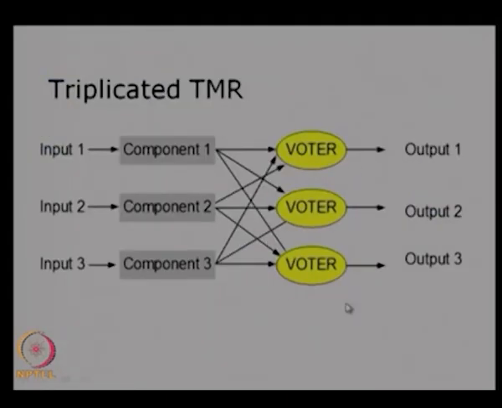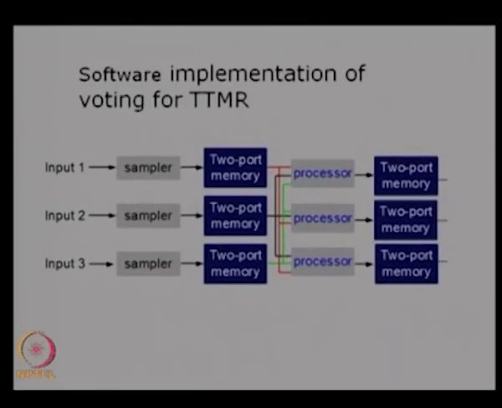in the TMR, and here again we will have the issues of synchronization and computational time. So, if the synchronization of the voters is not properly implemented or the computational times are different, then there is a possibility of error. So, this needs to be taken into account when we implement the voters. So, voter can be implemented either through hardware or through software, and implementing through hardware is a bit costly. So, most of the times voter will be implemented through software, and the software implementation of a voter is shown